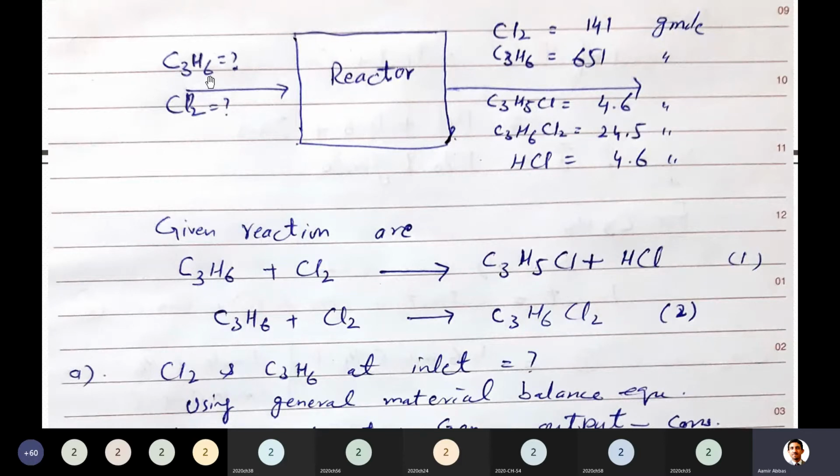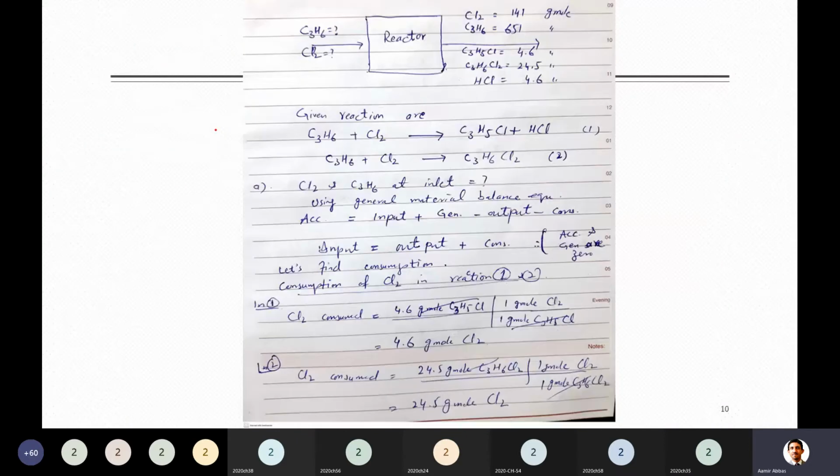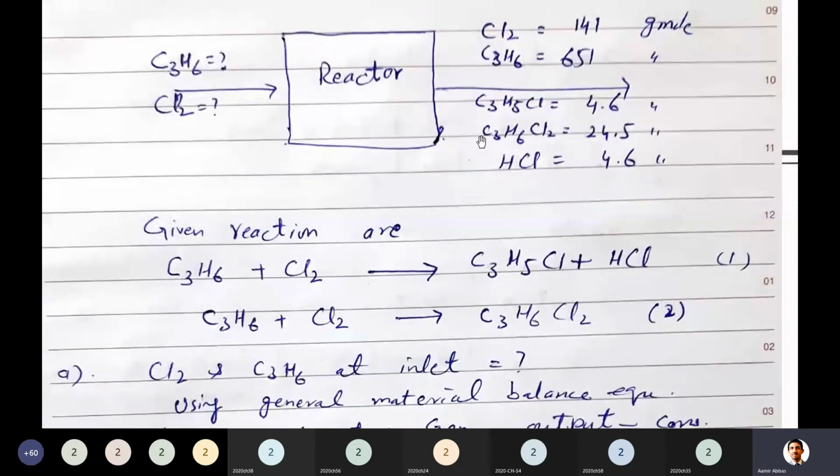For example, here when we draw the diagram, we can see that there are two reactants entering this system. At the end of the reactor you have 5 streams or 5 chemicals, and at the inlet we don't know the amounts, so I put the question mark. For the outlet you know their amounts. From where did these amounts come, by the way? Table. Yes, they were given in one table.